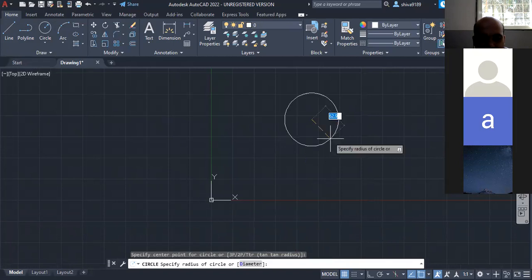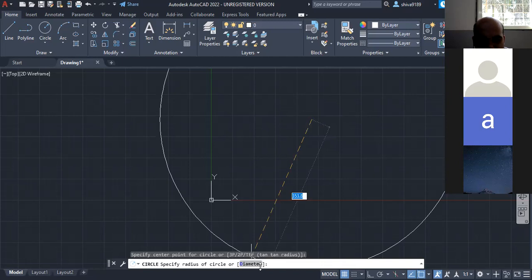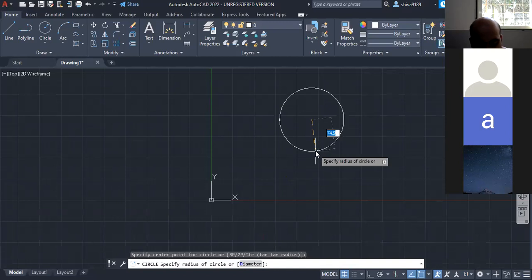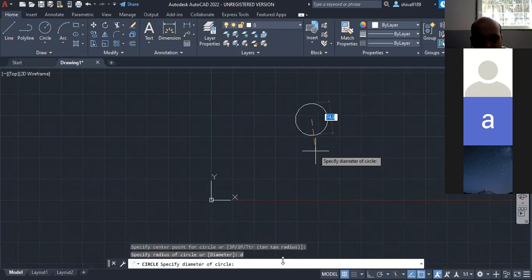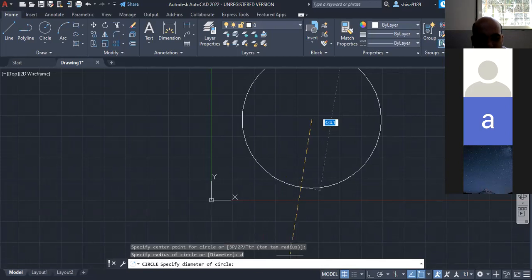Now what you do is, I have a diameter. Let's take, I don't have a radius, but I have a diameter, and I don't want to do the calculation of diameter to radius or radius to diameter. So simply what I'll do is I'll activate this bracket first. So how do we activate the bracket? So D, enter.